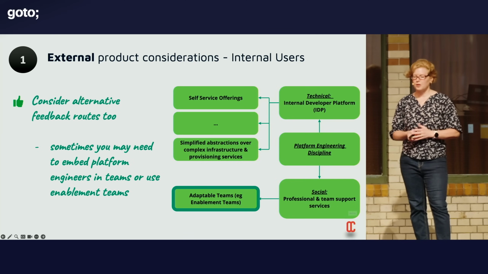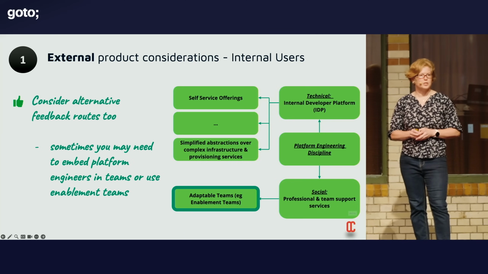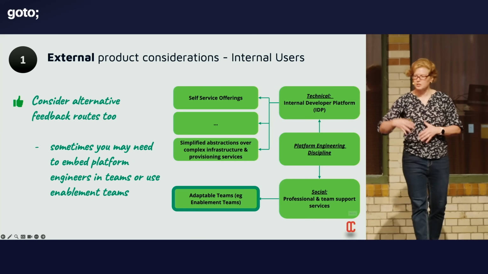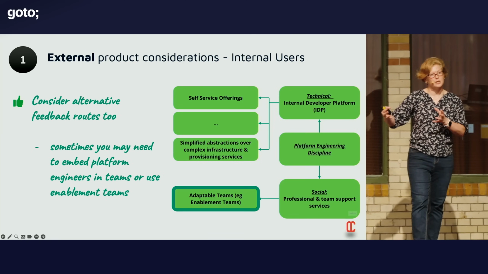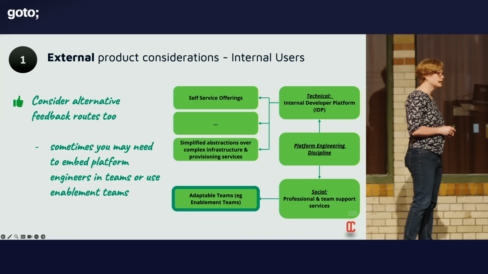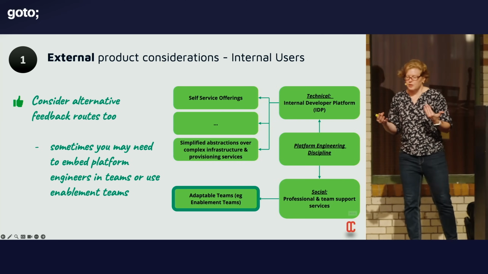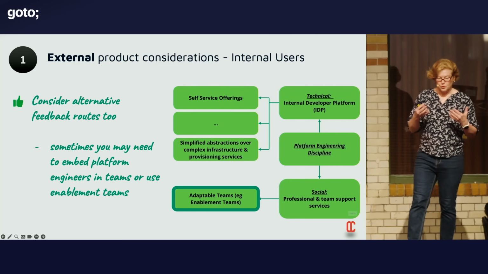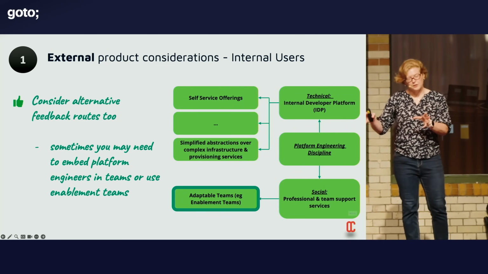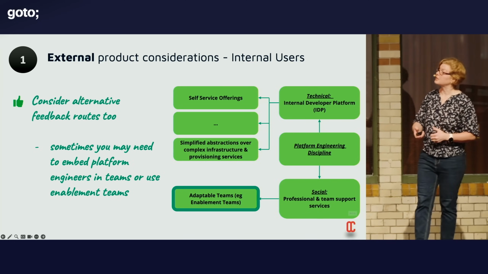And this can come about through things like enablement teams. So this is from the team topologies language. And this is where the social side of the platform engineering discipline actually comes into play. So yes, you might take your users for granted in an internal context, but it actually gives you an inside track in one way to have access to them, and you should take advantage of that.